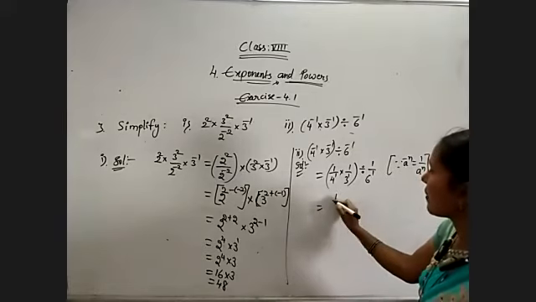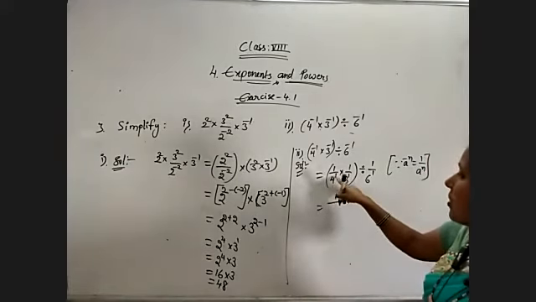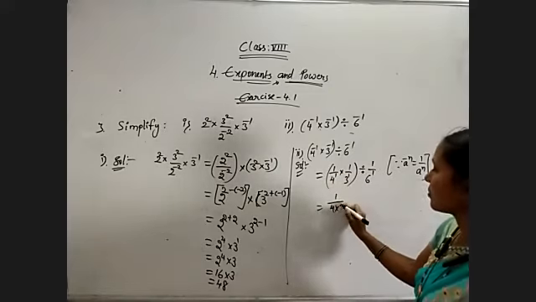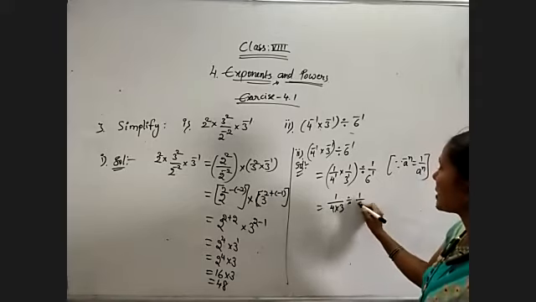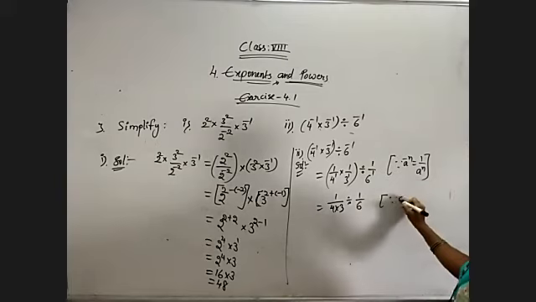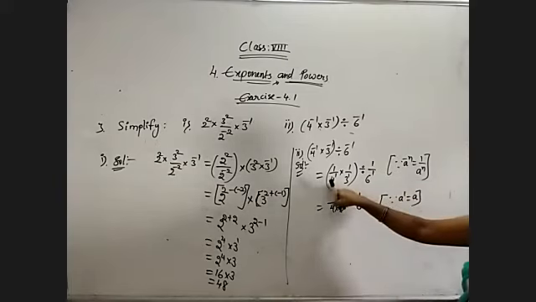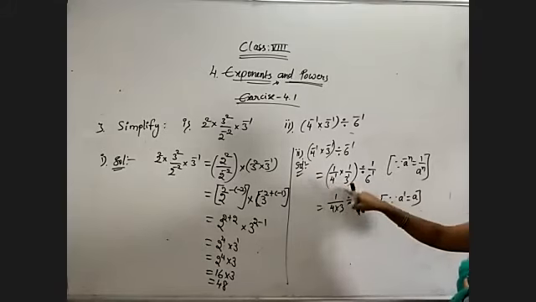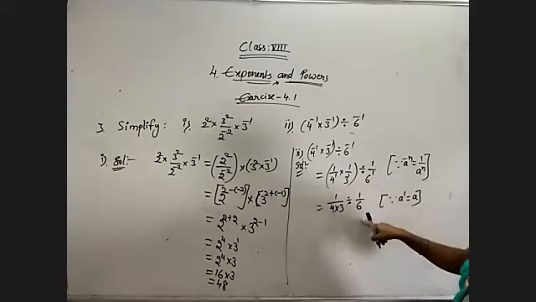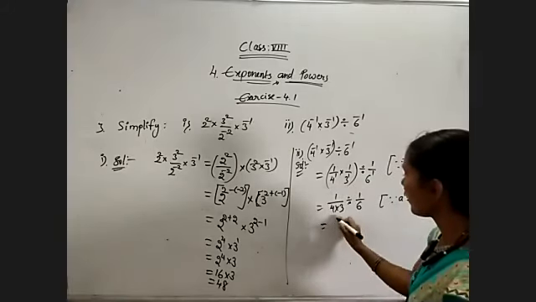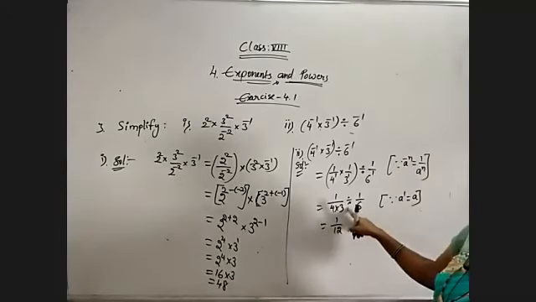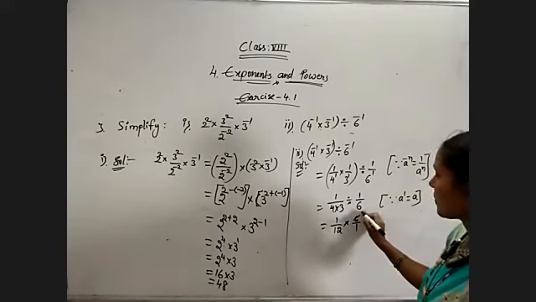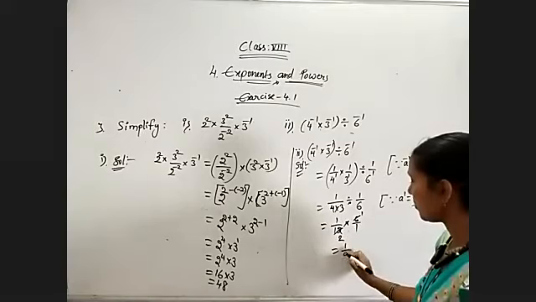Simplify this. 1 1s are 1 in the numerator. Observe these two. 4 power 1 is 4, 3 power 1 is 3 itself. So 4 into 3, divided by 1 by 6 power 1, which is 6 only, because any power 1 is equal to that number itself. Here 4 power 1 means 4, 3 power 1 is 3, 6 power 1 is 6. Now 1 by 4 3s are 12, divided by 1 by 6. So take its reciprocal by changing into 6 by 1. 6 1s are 6, 6 2s are 12, which is equal to 1 by 2.